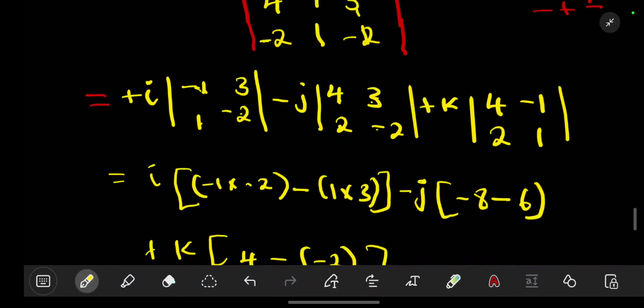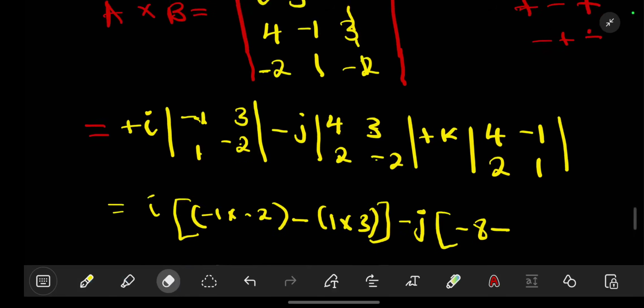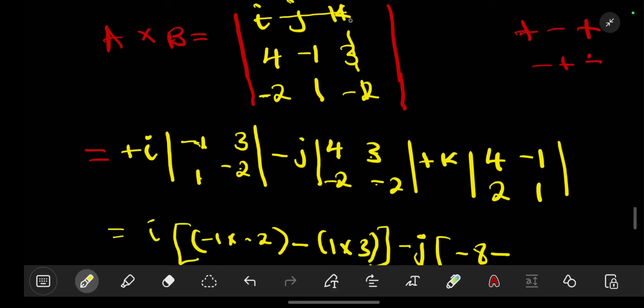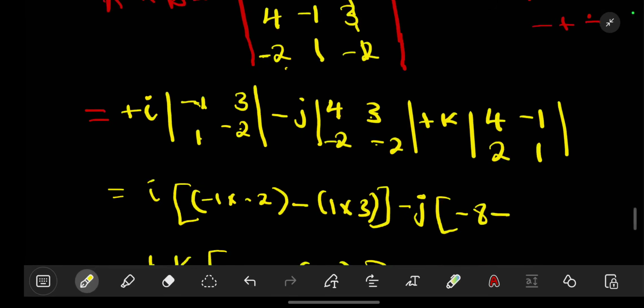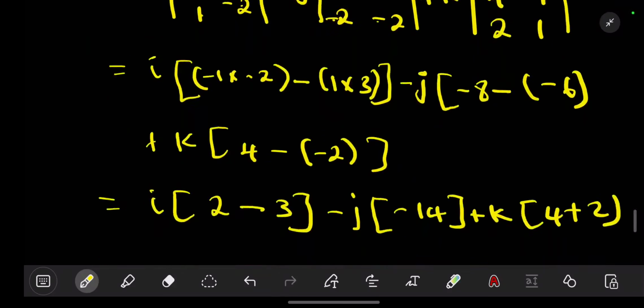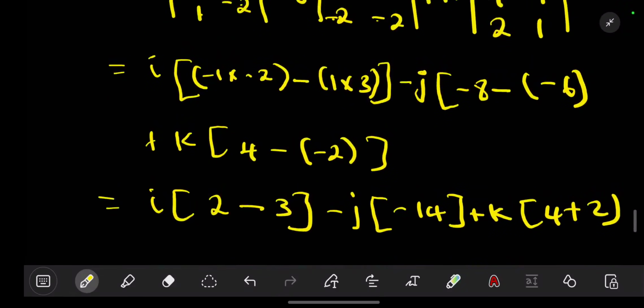here. So we are going to have our negative or minus, so this will be negative, since if we take out j, we're remaining with 4, negative 2, 3 and negative 2. So we have minus there, then 4 times this is negative 8 minus our 3 times negative 2 will give us negative 6 like that. So after correcting that, we are going to have